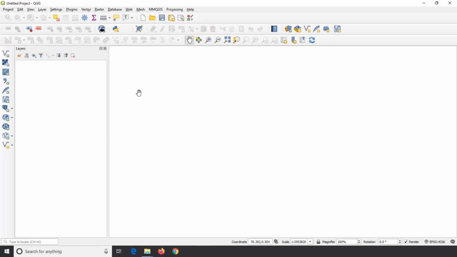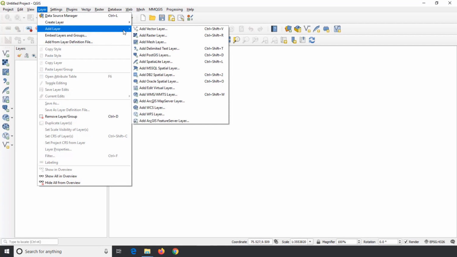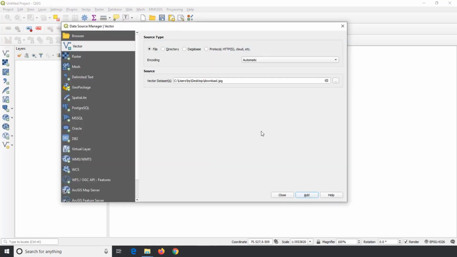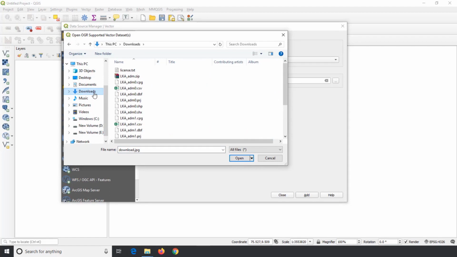Next we will open the downloaded vector layer in QGIS. To open the vector layer, click on Layer on the menu bar and click on Add Layer. Then click on Add Vector Layer. Now we can see a Data Source Manager vector pop-up window. Here click on Browse, which is located on the right side of the vector dataset box, and go to the specific folder where we have saved our data. In my case, it is saved in Downloads. So I go to Downloads and click on